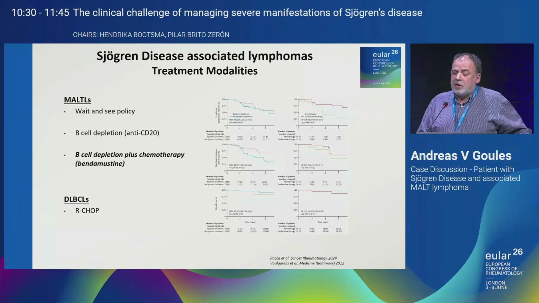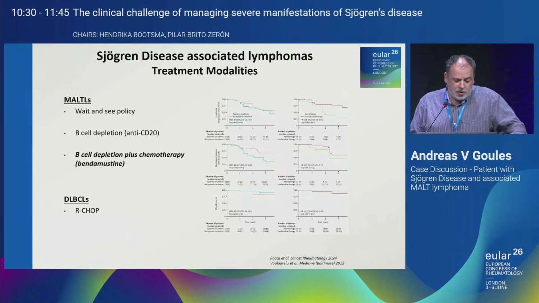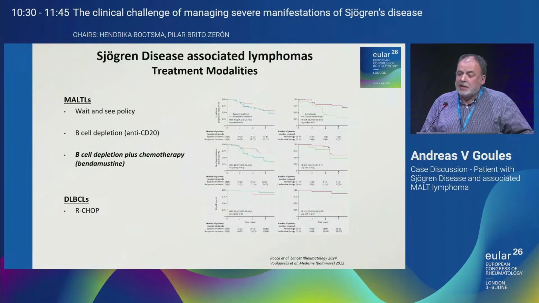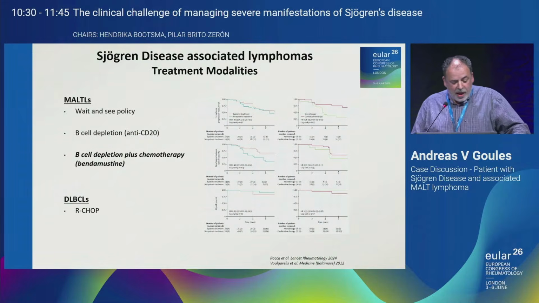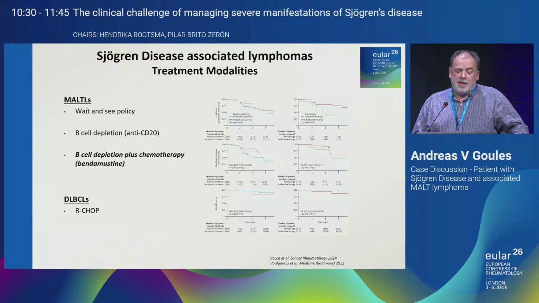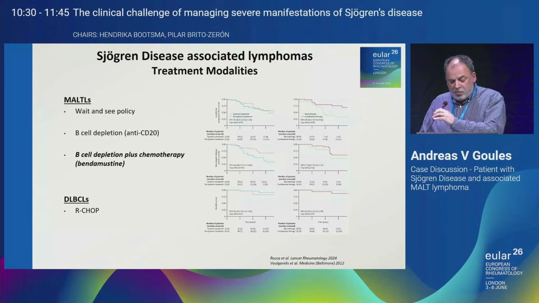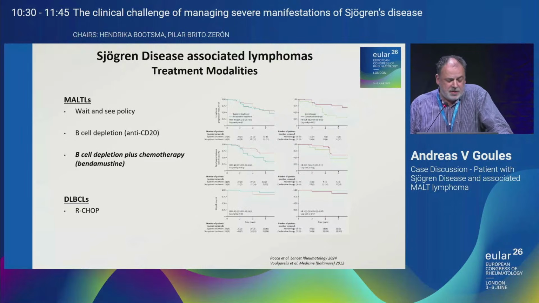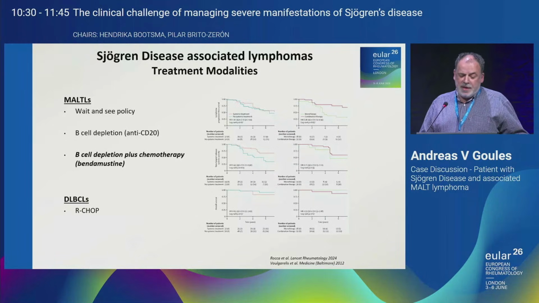Treatment modalities. For multiple lymphomas, there are three options: a wait-and-see policy, B-cell depletion (now we have many different B-cell depleters), and combination treatment with B-cell depletion plus chemotherapy. There's no solid data. There's only the work from the French group showing that the combination treatment reduces the relapse